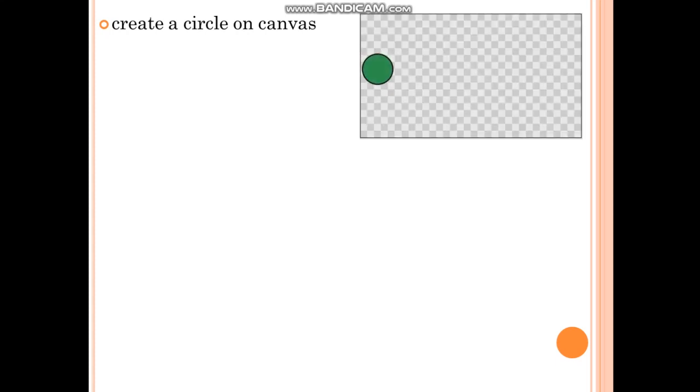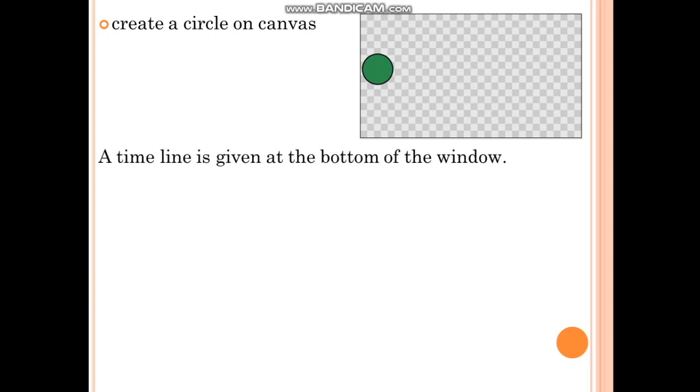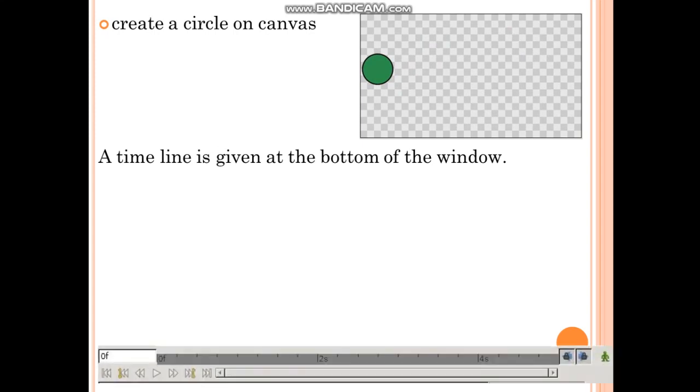So create a circle on canvas. So as we have created a circle here. Now a timeline is given at the bottom of the window. You can see a timeline like this.